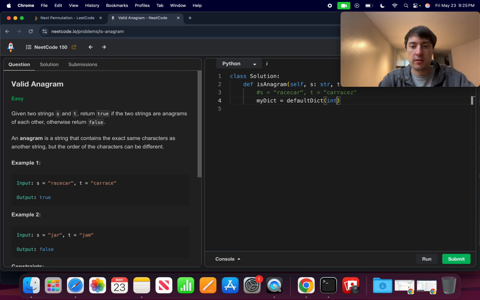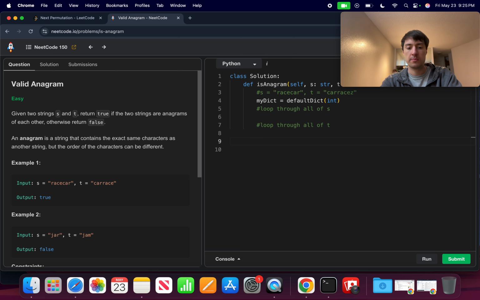So I can do int, and that defaults to 0 if it doesn't exist. So I need to loop through all of S. Then I need to loop through all of T. Then I need to check